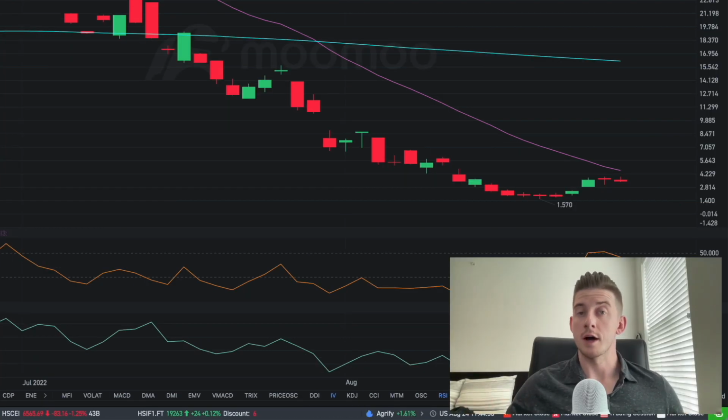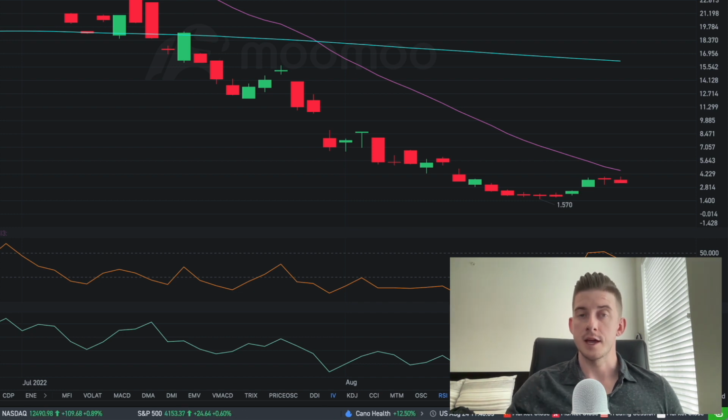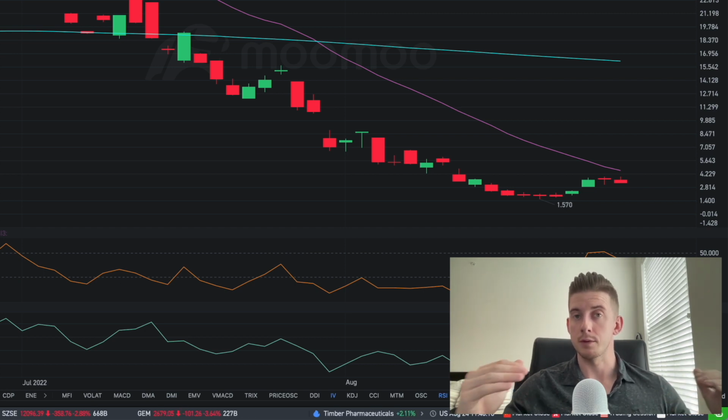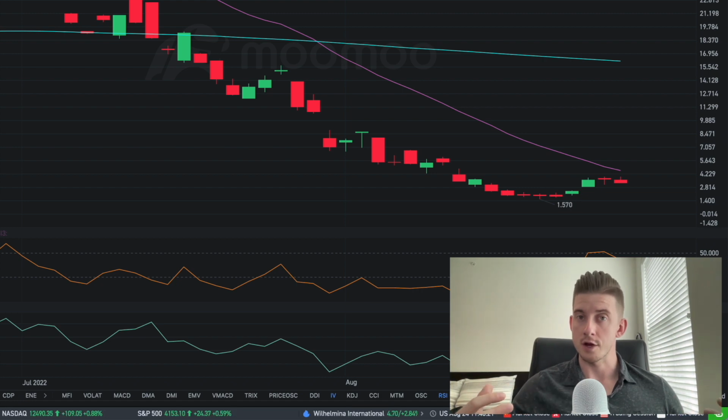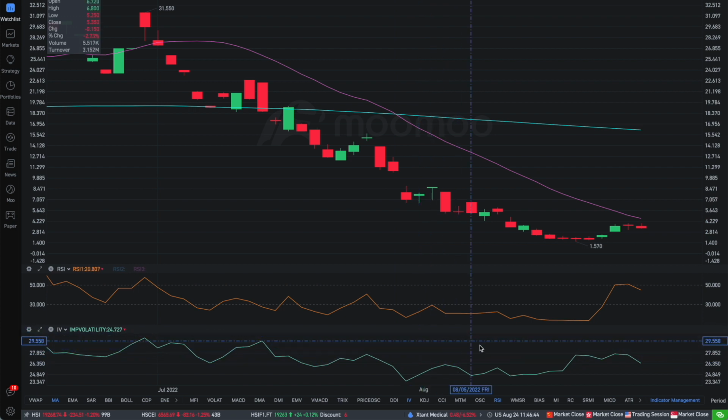Because ultimately, implied volatility is very, very important for options traders, right? Besides the actual stock price, the implied volatility of a stock is the next biggest thing that will have an impact on the price of options. And specifically, if you're an options seller like myself, then you want to sell options when implied volatility is very high, and therefore the option prices are very inflated. And then conversely, if you like to buy options, then it's better to do that when implied volatility is very, very low, and therefore the options you're buying are very cheap in price. And so that's why, bottom line here, having implied volatility as a major indicator on your charts is very, very